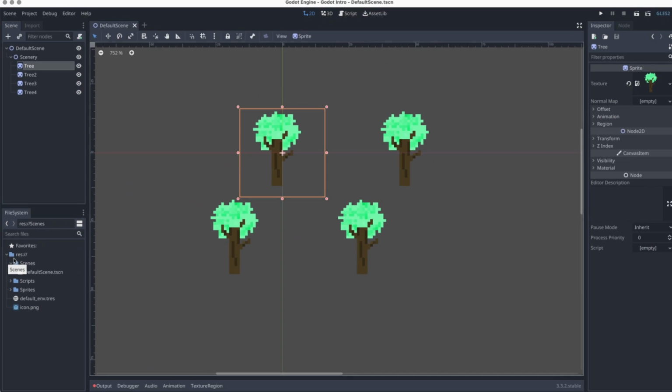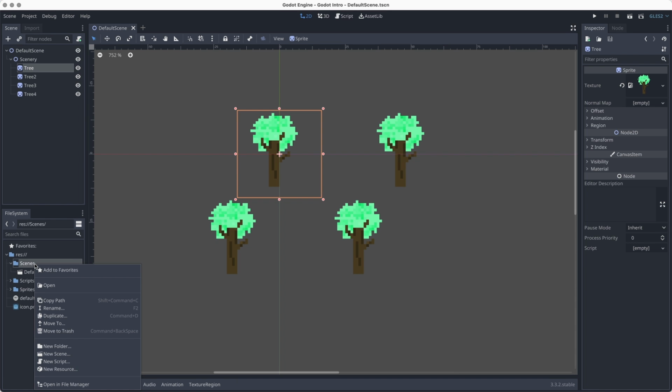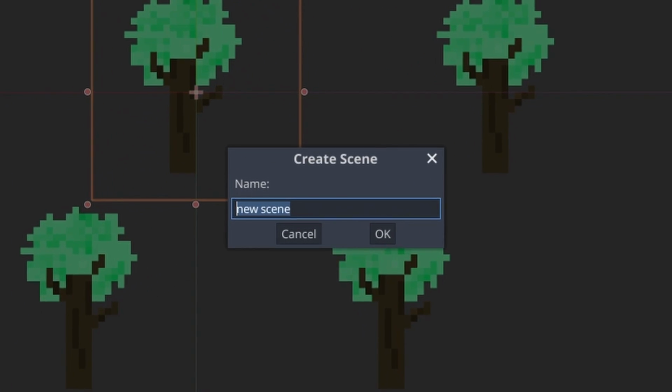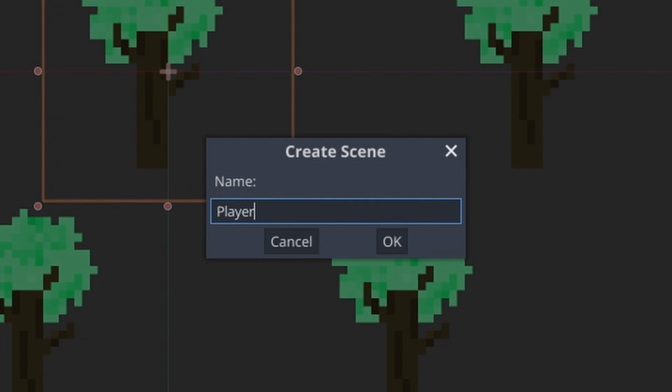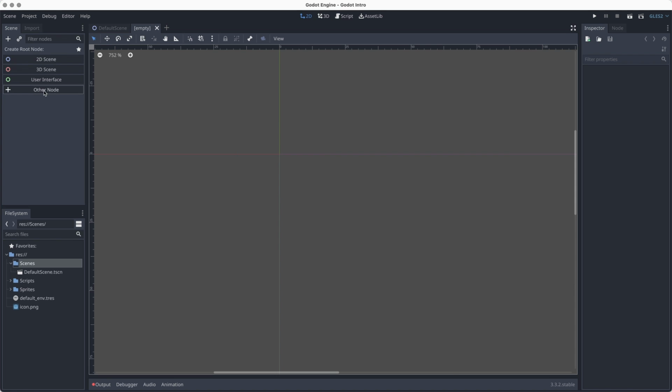Now we're going to create a new scene to add our player. The main reason that we want our player to be in a separate scene is because when we add more scenes, like more levels to the game, we're going to want the same player in each level. And the easiest way to do that is by separating that player into a new scene. So we're going to create a new scene,